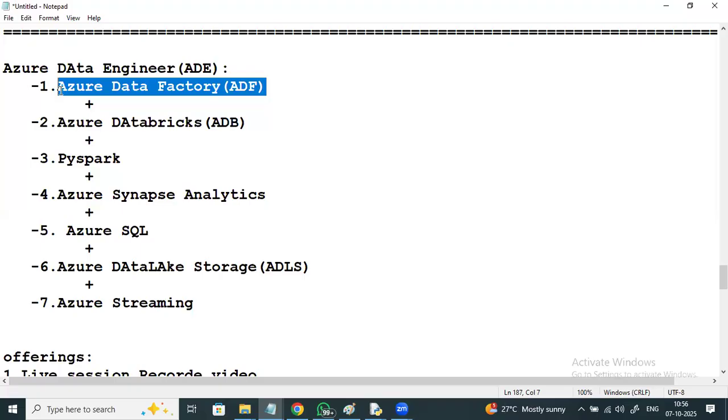Even if you see the pay scales of an Azure data engineer, generally the pay scale is 1.5 times more than other technologies. Data engineers have got the highest average salaries, as close as data scientists. These are the two highest paying jobs currently. So pursuing data engineering will never let you down. Even for people who want to shift their career, Azure data engineer is one of the best choices.